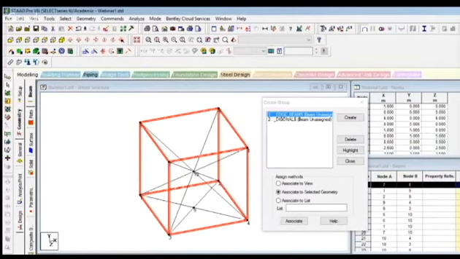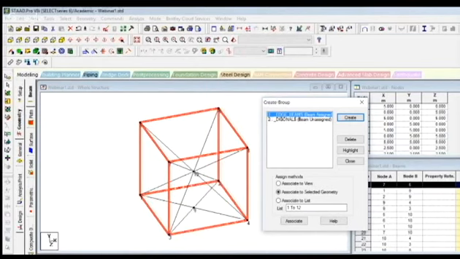Now, there are some assign methods in this create group window. Assign to view, assign to selected geometry. Since we have selected our geometry members, which we want to assign as edge beams, we will go with associate to selected geometry. Then click on associate. As you click on associate, you could see in this edge beams, in the bracket, initially it was beam unassigned. Now it is beam assigned.